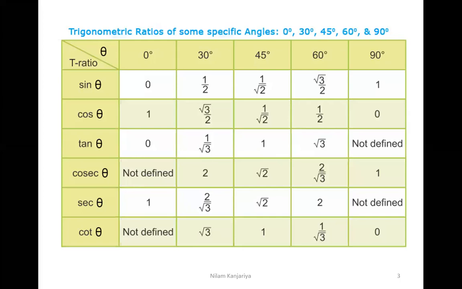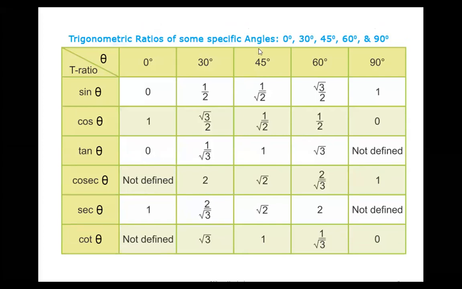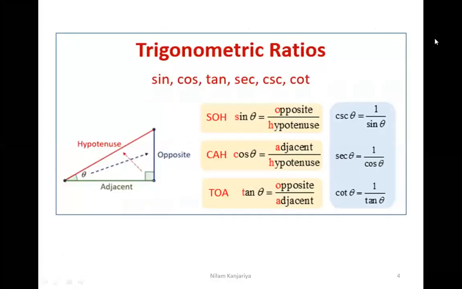We will learn all this together, but one by one, step by step. But you must remember that T ratios means these 6 trigonometric functions. So let me start today's examples. First of all, you must remember these things. This is how we find sin theta, cos theta, tan theta, and using these 3 trigonometric values, you can find another 3 trigonometric values, and how and why. So let's take some examples and their formulas to understand it. So look here.